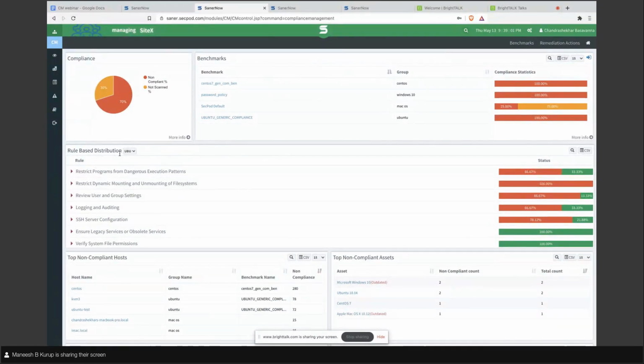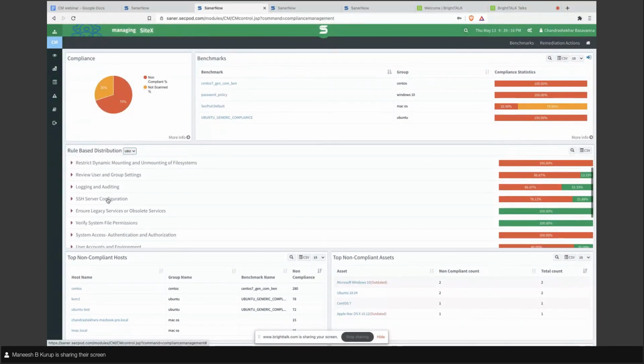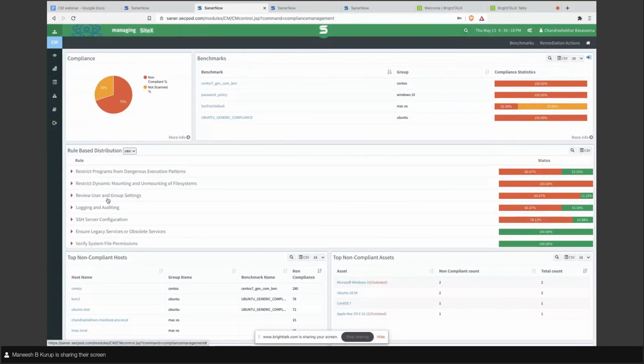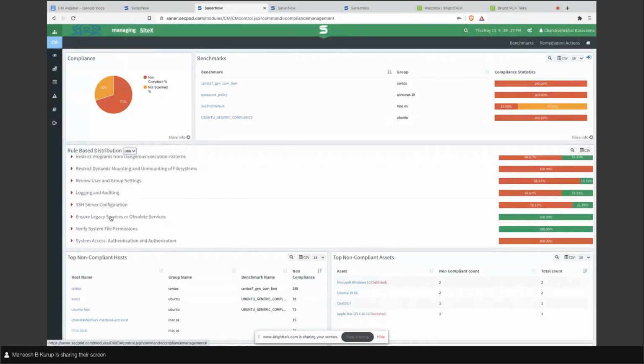And here it gives a different view of the same detail, which is a role based distribution of compliance. You can choose the benchmark you want to see in detail, and the roles of that particular compliance will be listed here. If you look at this particular benchmark, Ubuntu generic compliance for Ubuntu group, you can see that there are two groups which are totally green, which means these two rules are passed on all the devices.